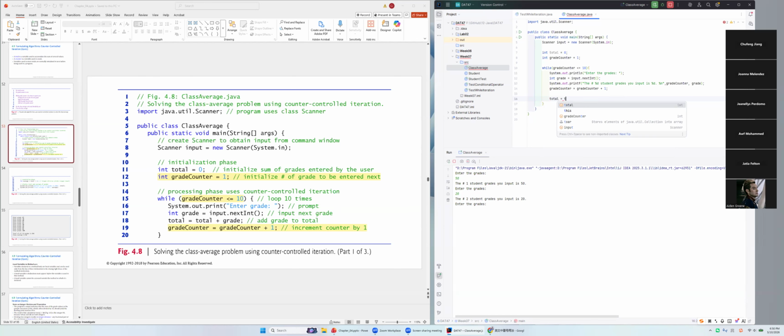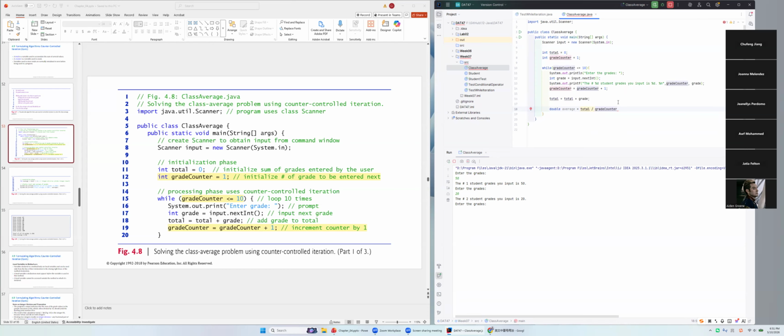Total is equal to total plus the grade each time we get input from the user prompt. And then we will declare another variable, the average, that is equal to total divided by the,